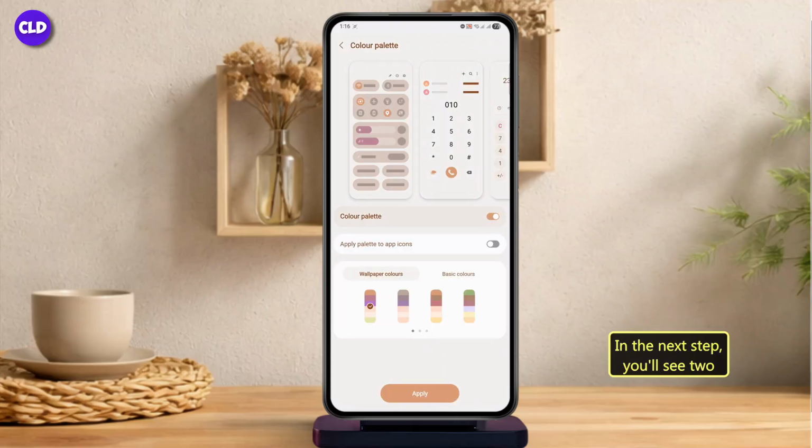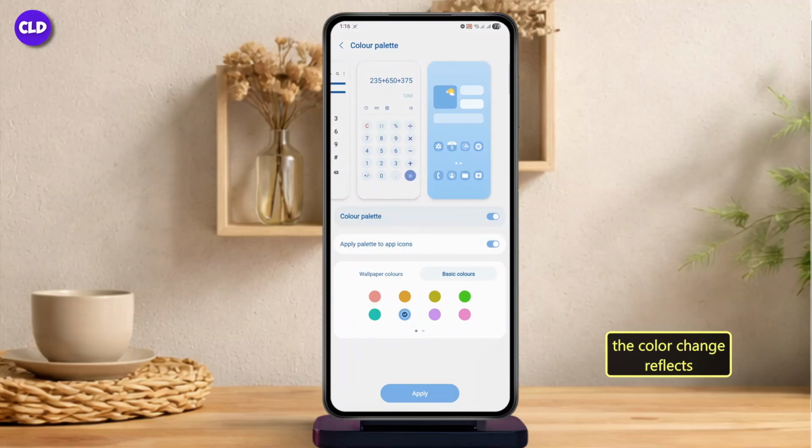In the next step, you'll see two options: Wallpaper Colors, which pulls colors from your current wallpaper, and Basic Colors, which gives you a set of preset color options to choose from. Following this, make sure the Apply Palette to App Icons toggle is turned on, so the color change reflects on